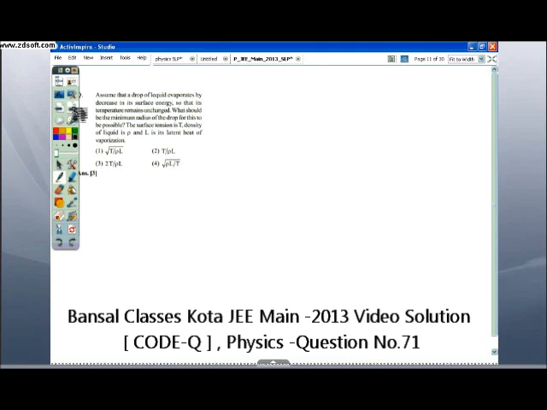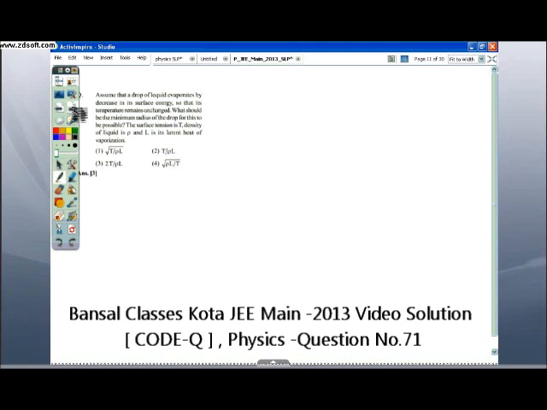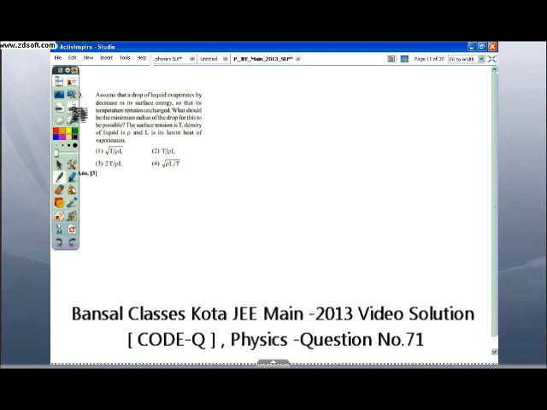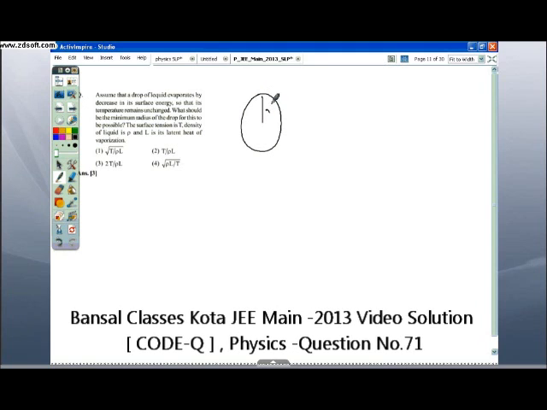Assume that a drop of liquid evaporates by decrease in its surface energy so that its temperature remains unchanged. What should be the minimum radius of the drop for this to be possible? The surface tension is T, density of liquid is rho, and L is its latent heat of vaporization. Now in this case, if we consider a drop of radius r and its surface tension is T, then surface